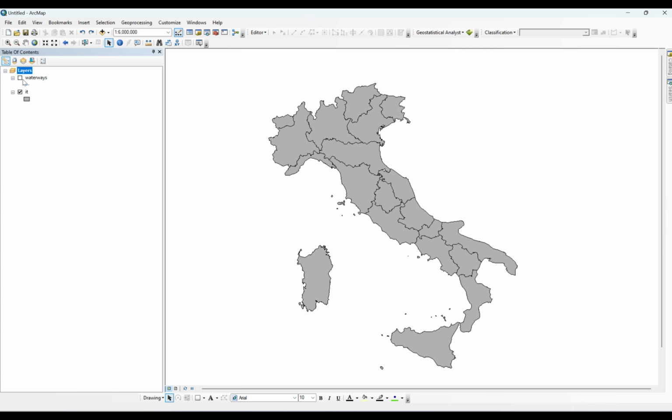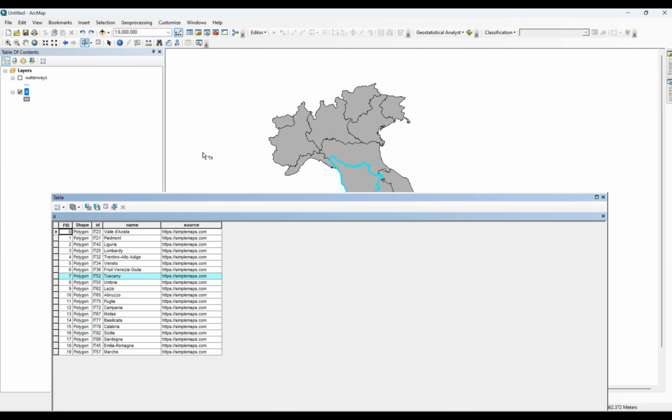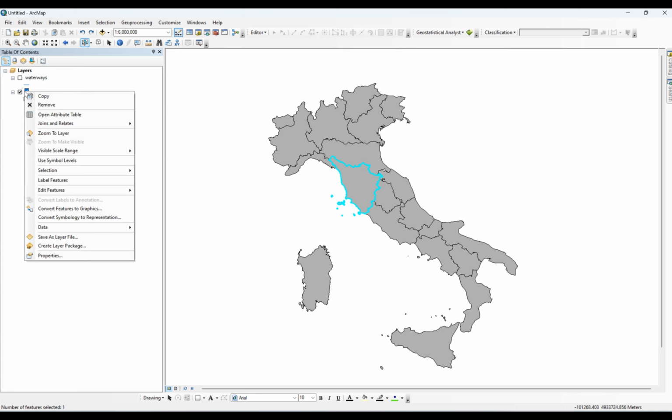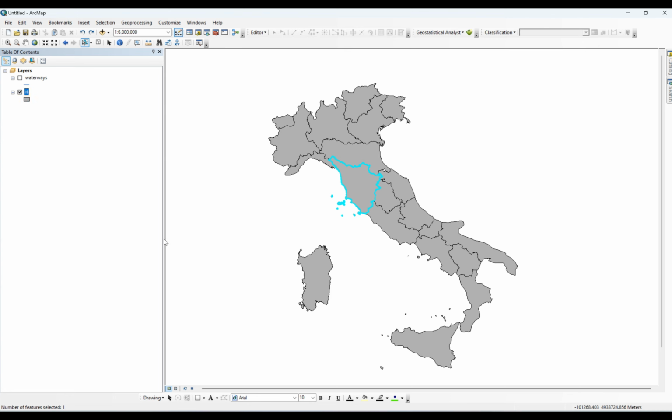For the first step, I will select one of these states. I can use select feature and do it manually, or you can use open attribute tables and look for the name that you are interested in, and by selecting like this, it's gonna give your targeted state. Okay, it's selected successfully. Right now I'm gonna right click and use data,